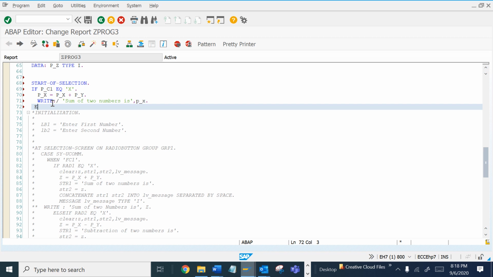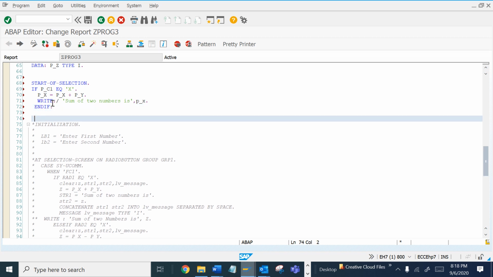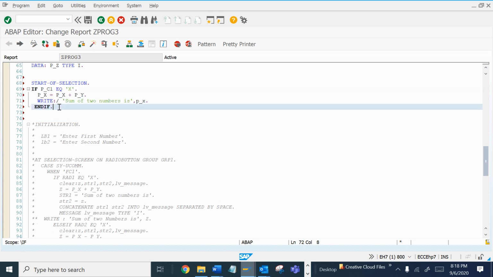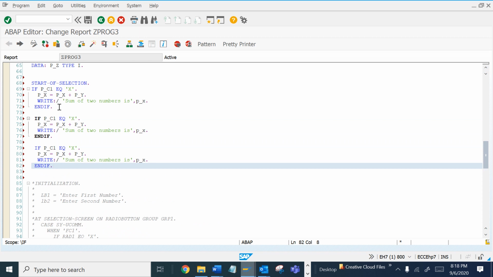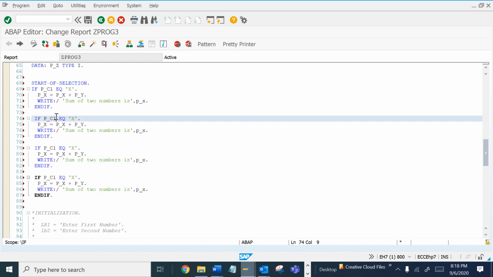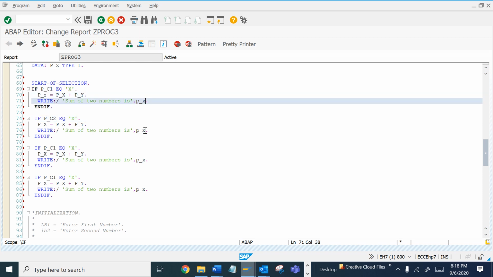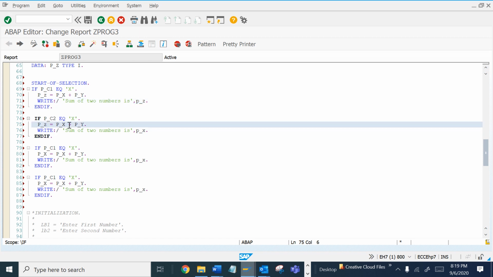So let me close this and again use the same thing for the other operations. Let me put it, okay, this is Z, not X. So let me do this for all, same thing.